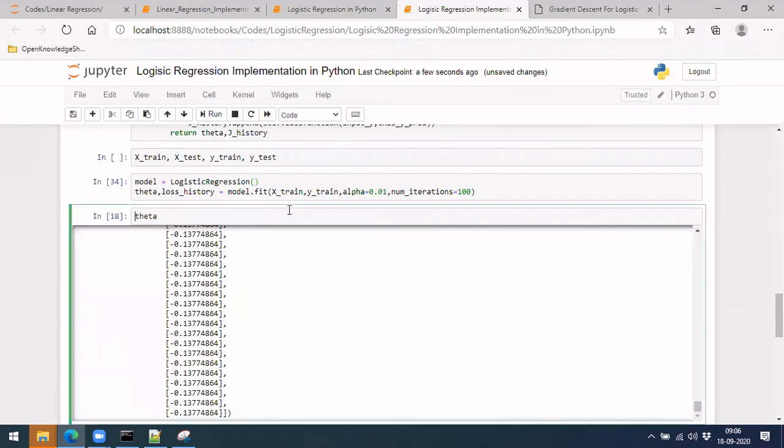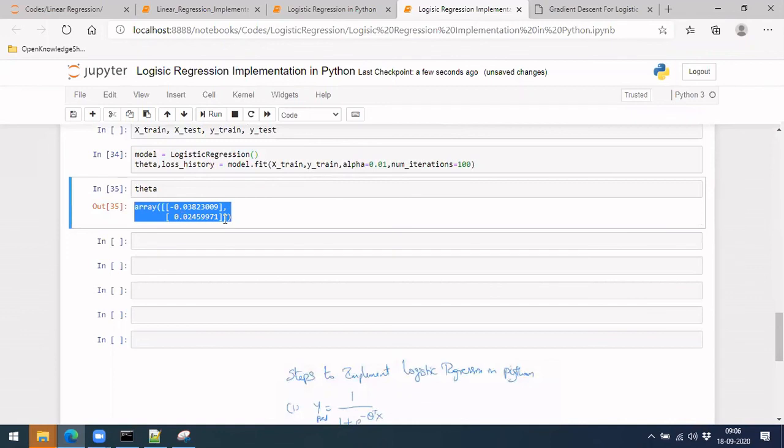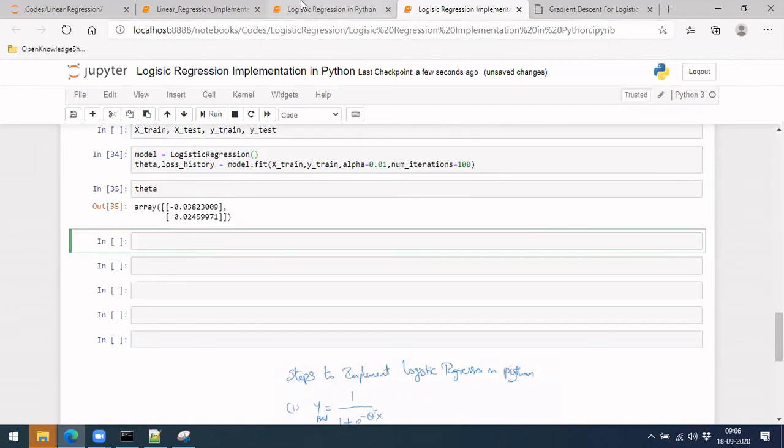Yes. Okay, so finally you got theta, some values here. Let's see how this behaves. What we should be doing now is, for a new value of X, let's say we have x naught as one first and then some value 30.